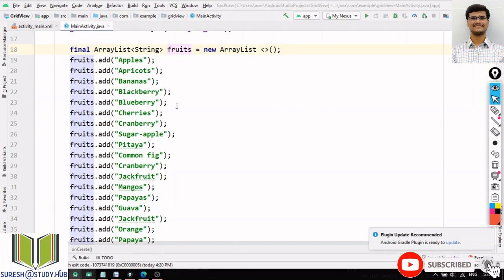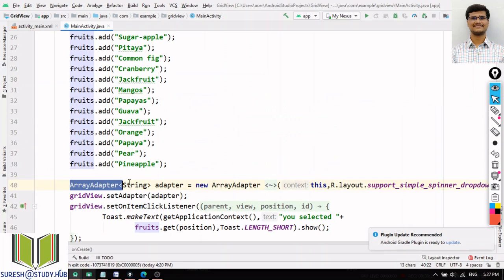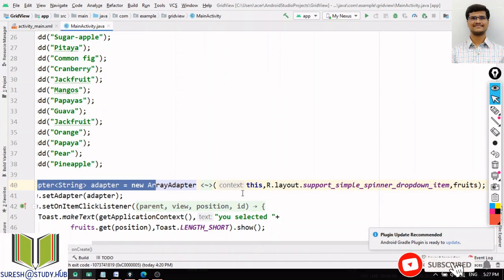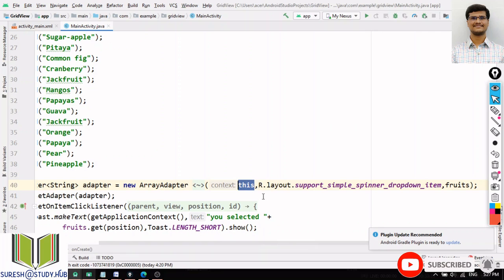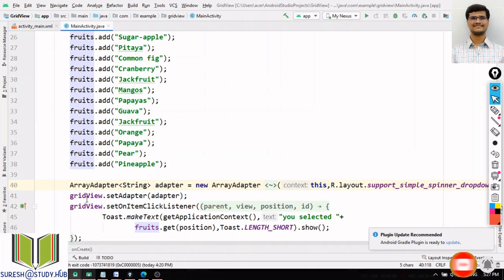So after entering some values, now I am creating this ArrayAdapter. Same thing, new ArrayAdapter, and this is the name of the current class, or current context, and I am using this simple spinner drop down item, and I am filling with these fruits. So after filling up this one, I am setting the adapter to this grid view.